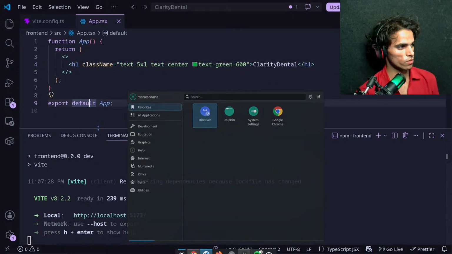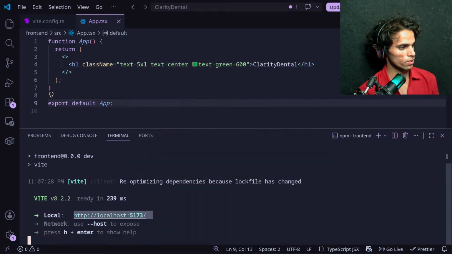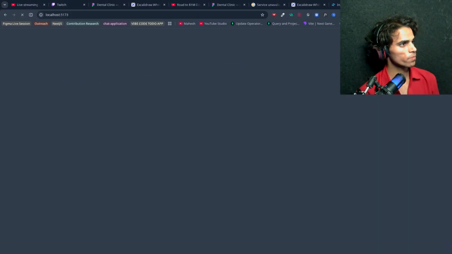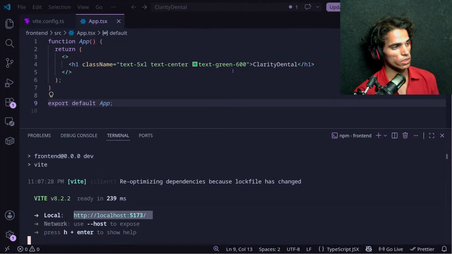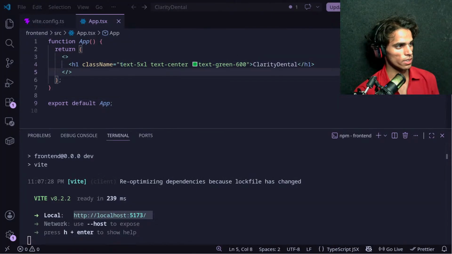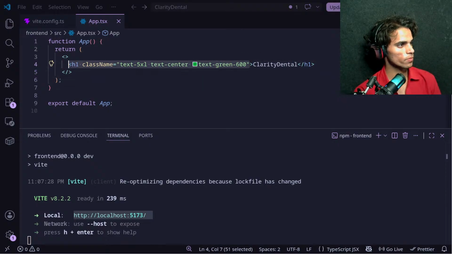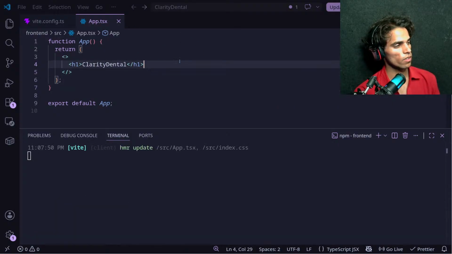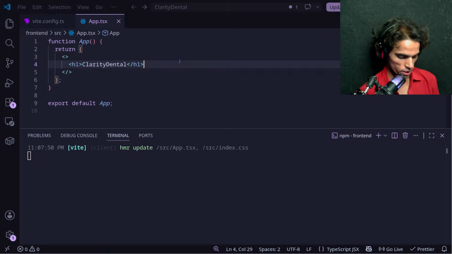So just copy this and open this here. Okay. This is clarity dental. We can see our Tailwind CSS is working as it should. So let's cut this now. Okay. So I would like to design a mobile first UI. Okay.